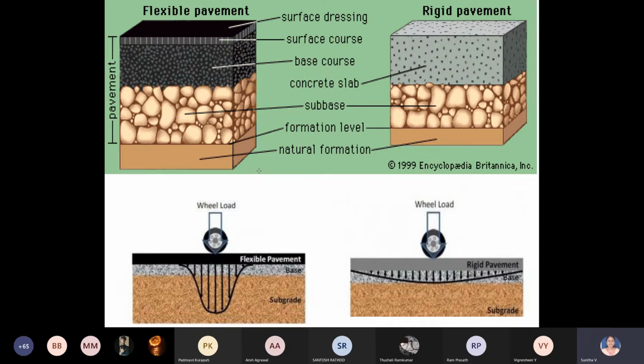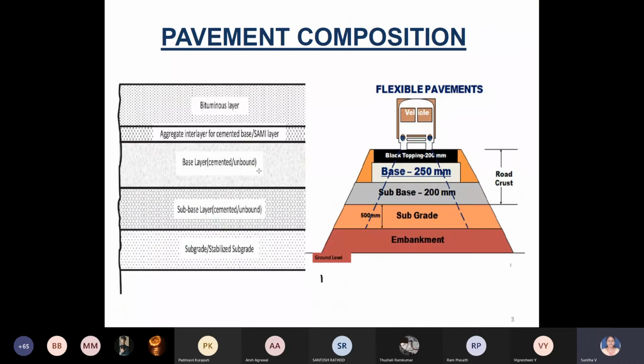In case of flexible pavement, we have seen that its effect is felt to a shorter radius, but the depth is more. But in case of wheel load on a concrete slab, you can see its effect is to a wider area. So there's quite a variation between the load distribution pattern in flexible and rigid pavement, because in flexible it's through grain to grain transfer, through the point of contact area, right?